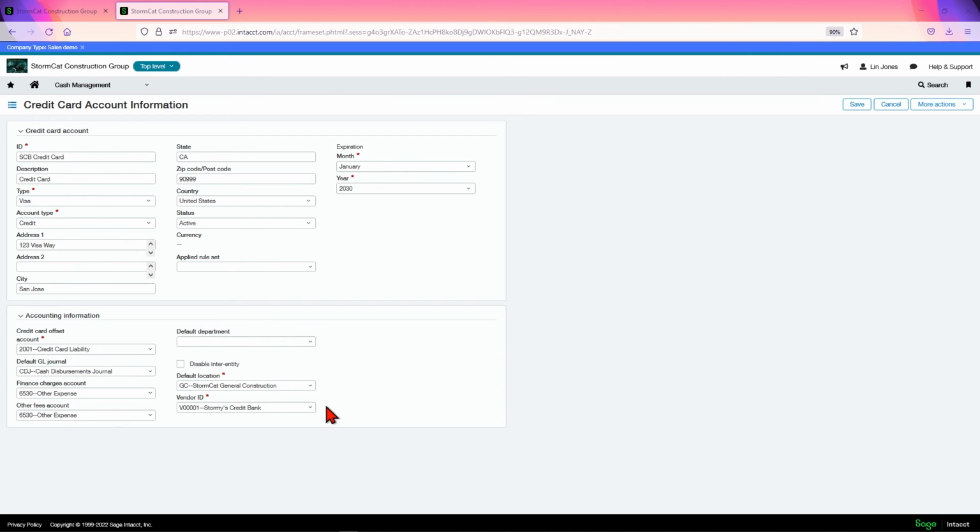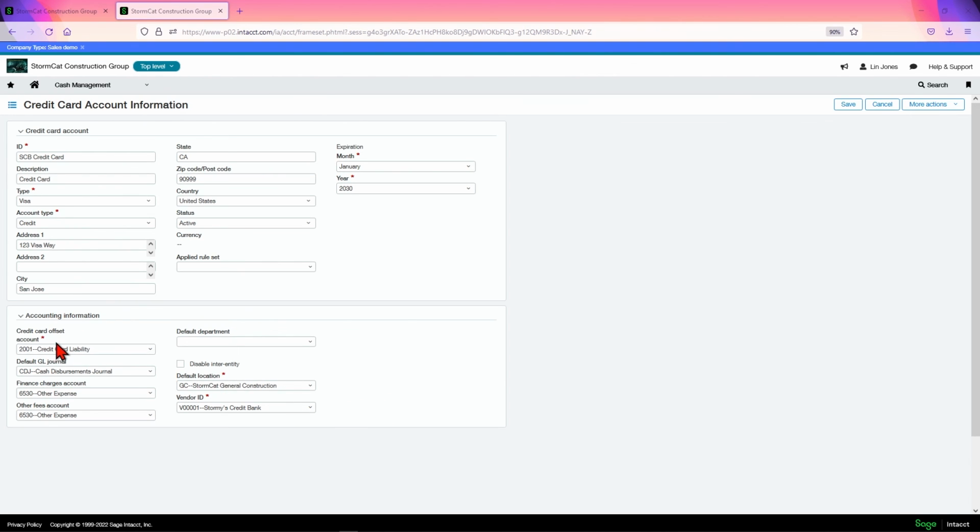Now, if you have multiple credit cards under one credit card account, you can do a parent-child relationship where you have the one credit bank and then have other ones. It gets a little bit more complicated, and we would cover that in a more in-depth study of it at a later time, but you could do that.